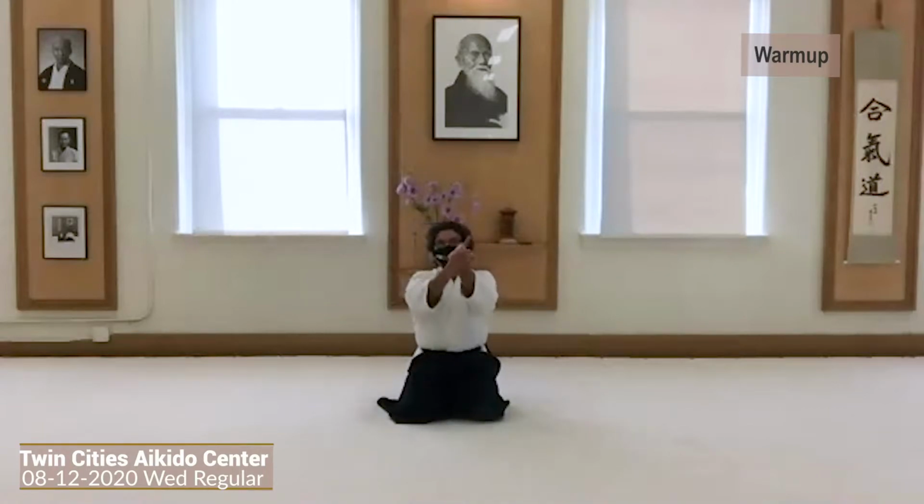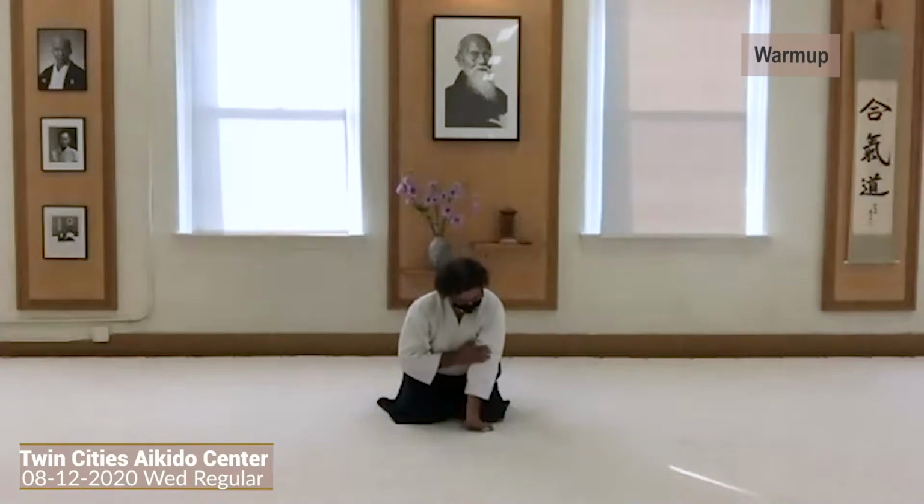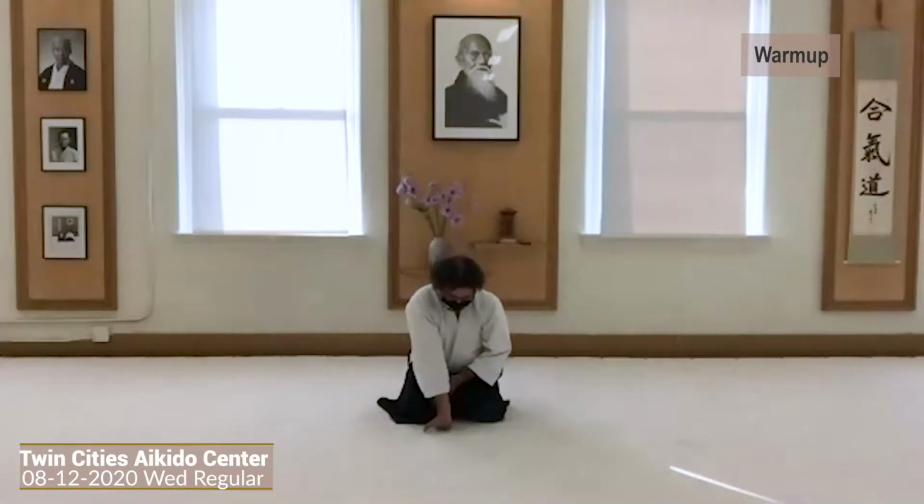Grab those left fingers, push them out, straighten at the elbow, bring it down and into the ground, stretching all those little ligaments and stuff right there. Okay, the other hand, same thing, grab those right fingers, out, straighten it out, and bring it down to